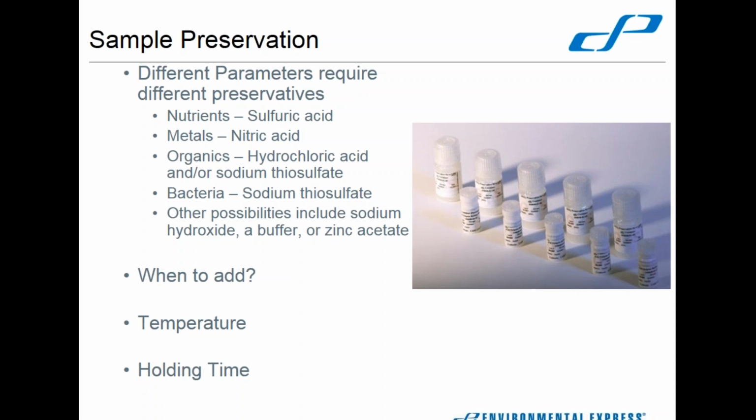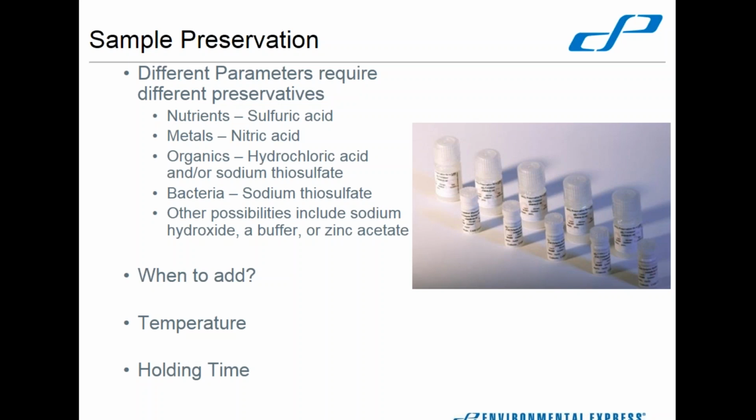So you need to double check once you have put that preservation in that you have actually achieved the state that you are looking for. Yes, your sample receiving people back at your facility are going to do this again. However, you should do it as well to ensure that you are doing the best possible job of preserving that sample for its